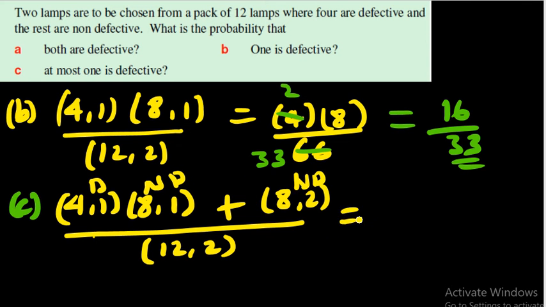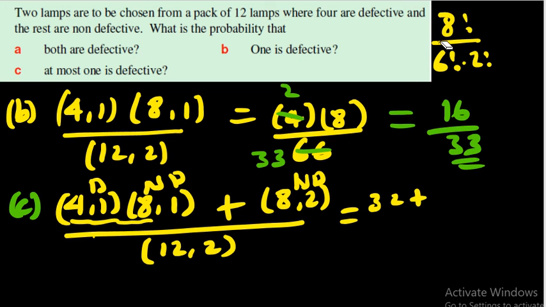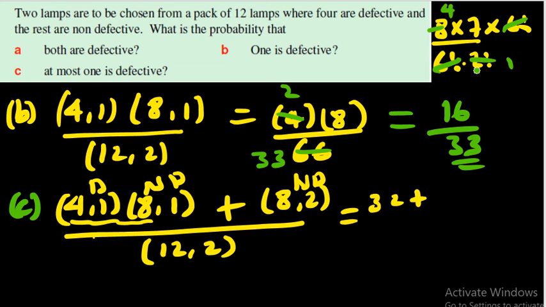So this is the same as, for combination 1 times 8 combination 1, we did it above. 4 times 8, which is 32, plus 8 combination 2 has to be done, that is 8 factorial over 8 minus 2, which is 6 factorial times 2 factorial. 8 combination 2 means 8 factorial is 8 times 7 times 6 factorial. Then we can simplify here, cancel 6 factorial, and by 2 1, this by 2, 4 times 7 will be